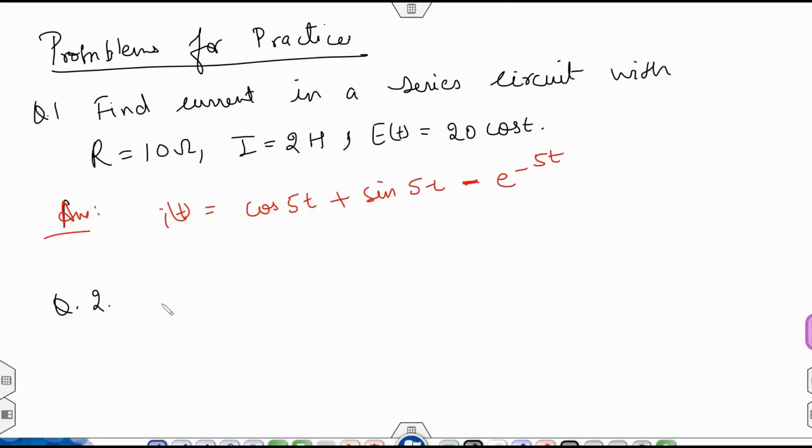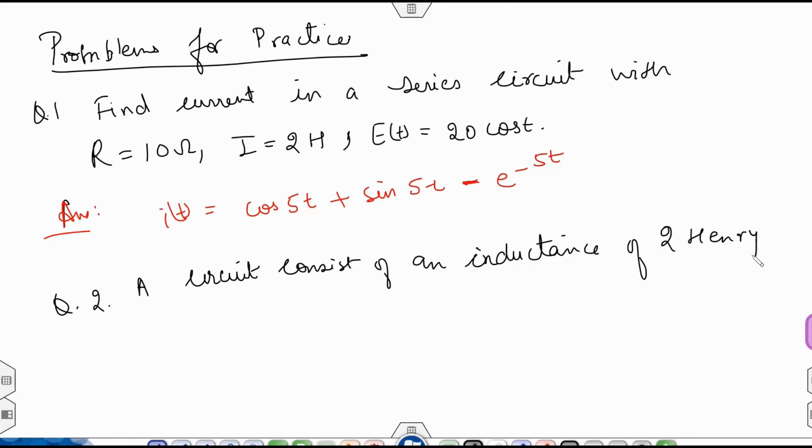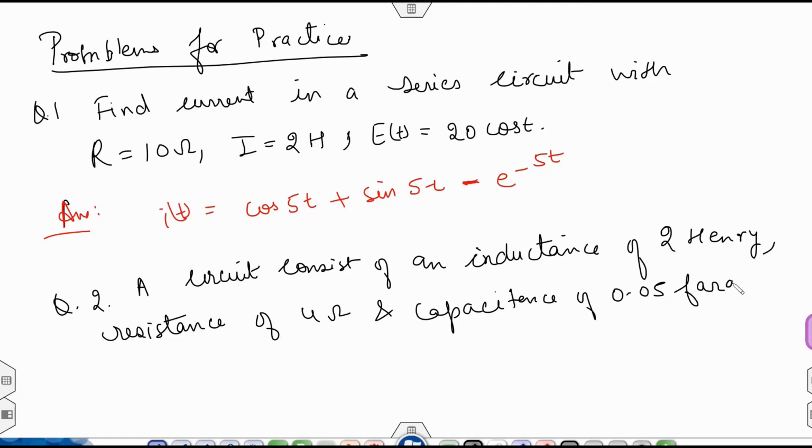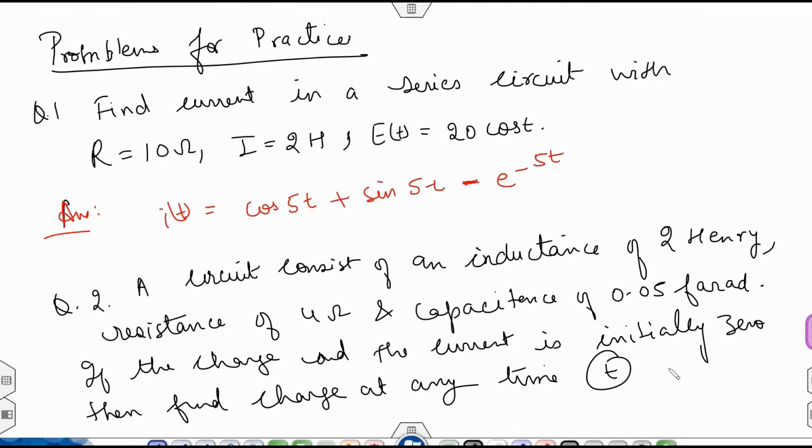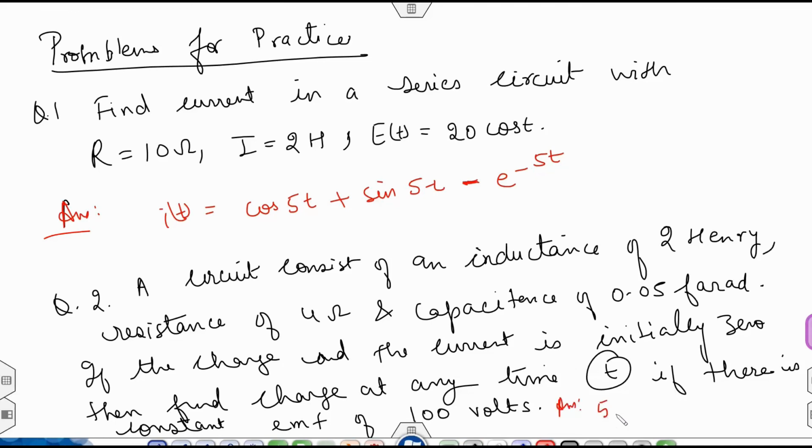Question number 2: A circuit consists of an inductor of 2 Henry, resistance of 4 ohm and capacitance of 0.05 farad. If the charge and the current are initially 0, then find the charge at any time t if there is a constant EMF of 100 volt. I'll write down the answer over here. This is 5 minus 5 by 3 e to the power minus t plus 3 cos 3t plus sine of